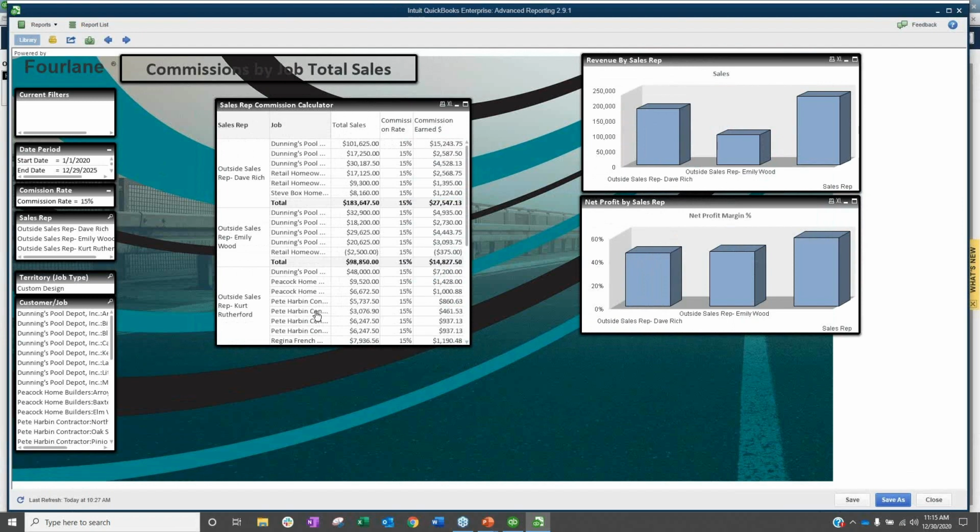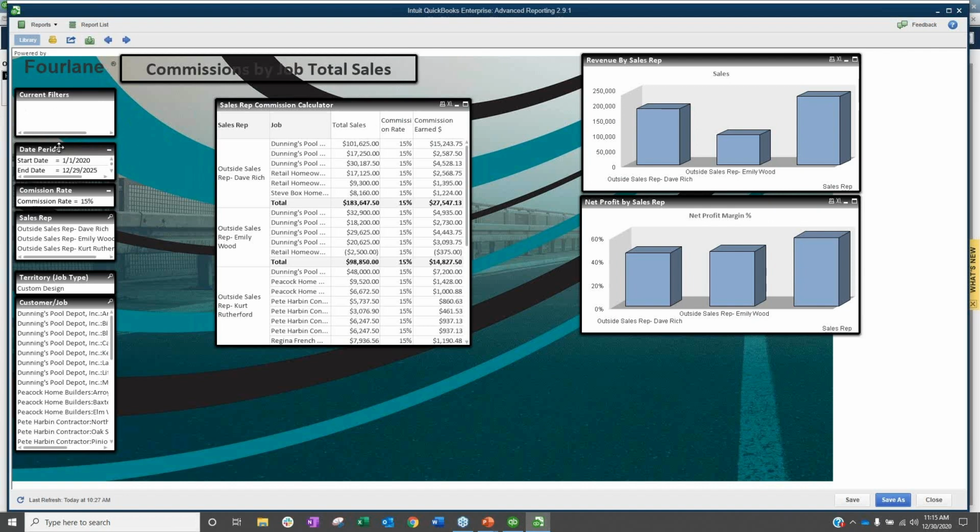Okay. Down the left side here, I have all of my filters that I have decided are necessary on my reporting dashboard. So the first box is our current filters. Okay, this would be showing any filters that we have set already, but right now it's blank because I haven't done anything yet. The second box here